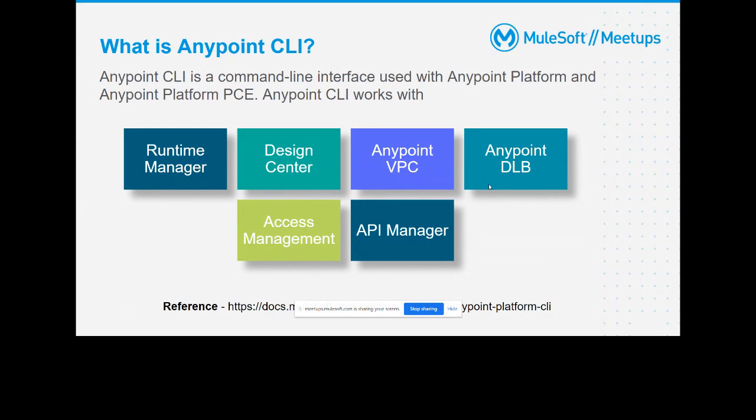You can create a VPC, add firewall rules, add mapping rules, and perform any operation on your VPC using Anypoint CLI. You can create a dedicated load balancer, update certificates, and enable or disable the dedicated load balancer. So various operations you can perform on the Anypoint dedicated load balancer using Anypoint CLI.